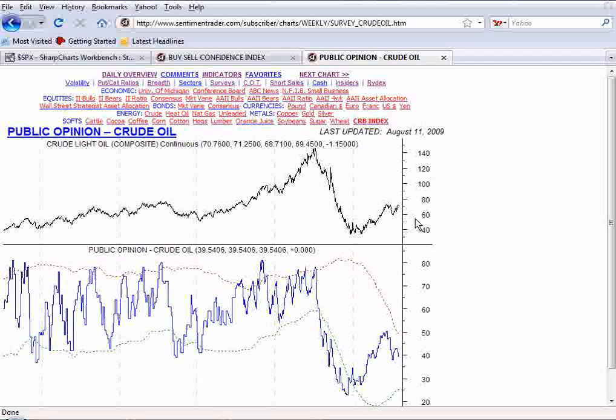This is a similar chart for crude oil. And again, you can see that price is almost forming a double top here, but the opinion is much lower, so we may be seeing somewhat of an extended topping process in the energy complex. And the last one I'll show,